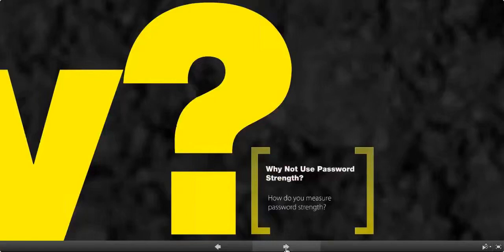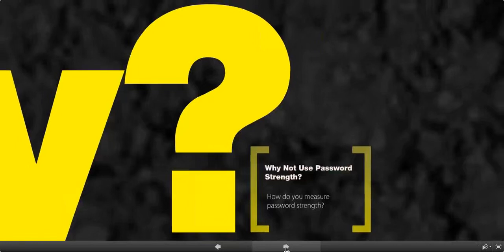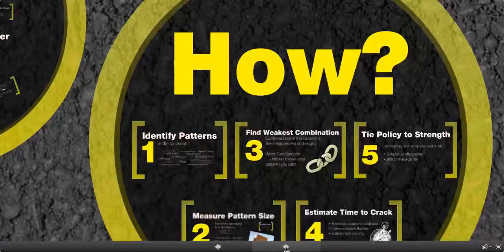So one of the things is, why don't we measure the password strength in these password policies? And part of that is we don't really have a good way to measure password strength. Instead, we've been relying on guidance of a mix of uppercase, lowercase, special characters, numbers, and that really doesn't work.